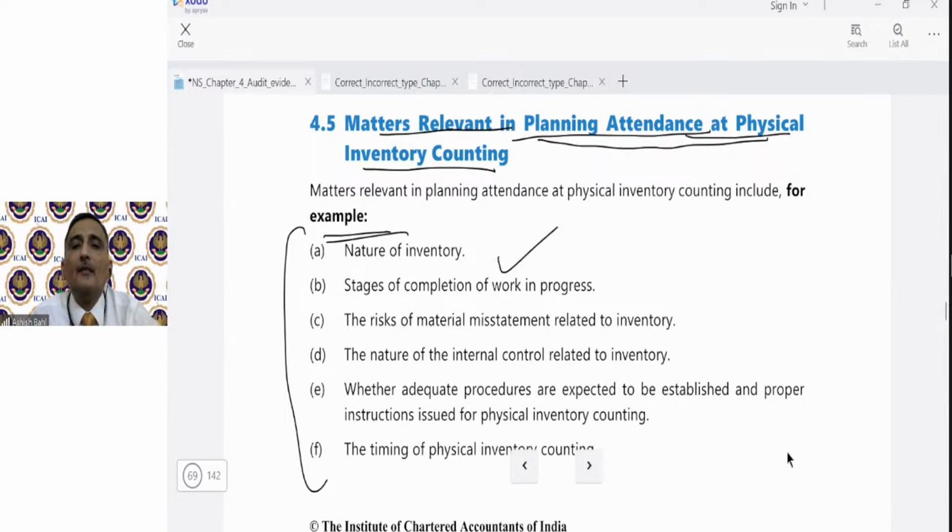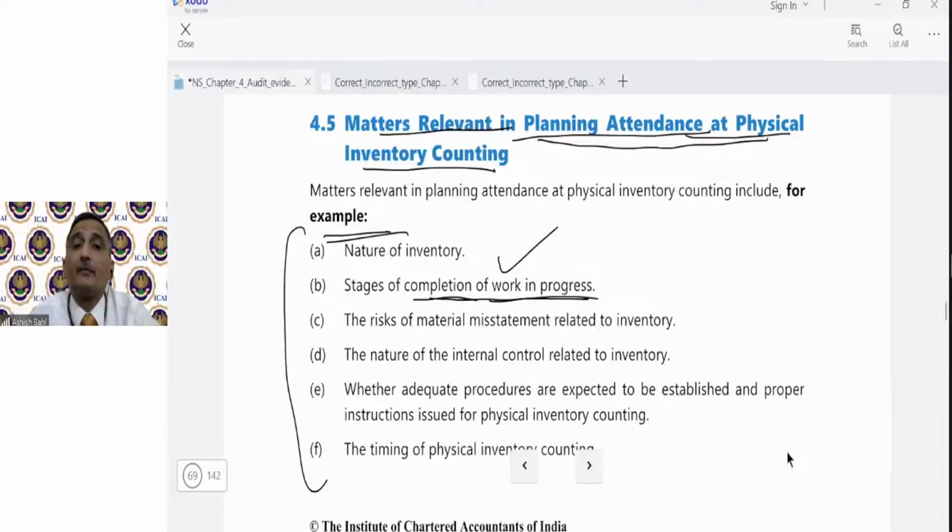inventories, like stage of completion of work in progress. Like in some industries, in some products, it takes a long time to make a finished product. It may take, say, 2 months or 1 month or even more to complete a product, to complete the production cycle. So there would be huge quantities in work in progress. Then what is the stage of completion of work in progress? That would be a matter relevant to him, because ultimately it would be affecting the final figure which is there in